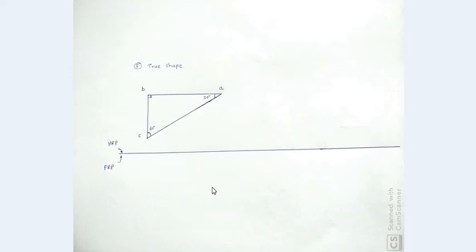In the first step, we draw the true shape of a plane, and in this case the true shape of the plane, that is the set square of 30 degree, 60 degree, would be drawn in front view, because if we draw the true shape in front view, then its top view will appear as an edge view, and that edge view we can draw on the reference line. That means we will be drawing that edge view on the FRP. Now why is there a need to draw the edge view on FRP?